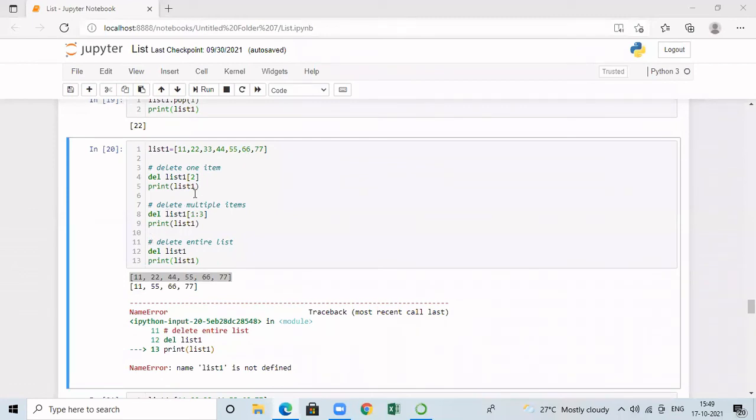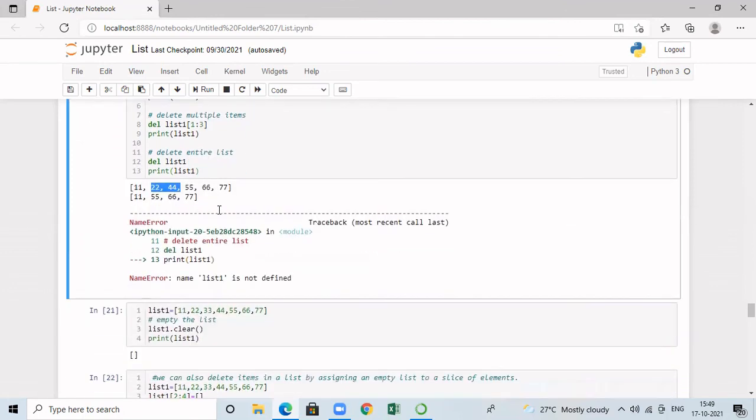By using del keyword, we can even specify a range of elements. So we have to specify del followed by list1. Then within square brackets, specify the range of elements. So range will have the starting value and then ending value, index values. So here I am specifying the starting index as 1 and ending as 3. Therefore, it will delete the elements which are present at the index 1 and 2. So currently in this list, at the index 1, we have 22. At the index 2, we have 44. So these two will be deleted. After this, when I print, I am getting only 4 elements in the list.